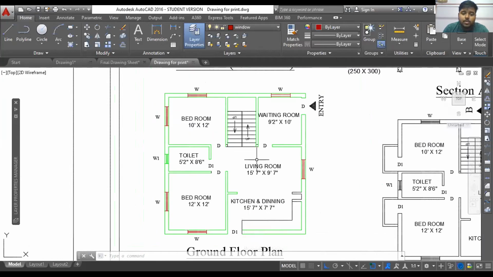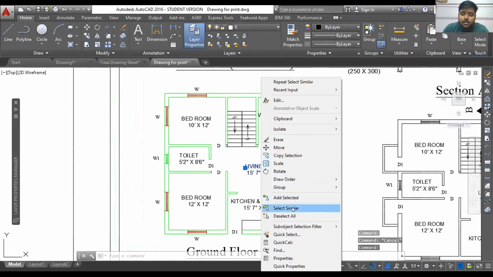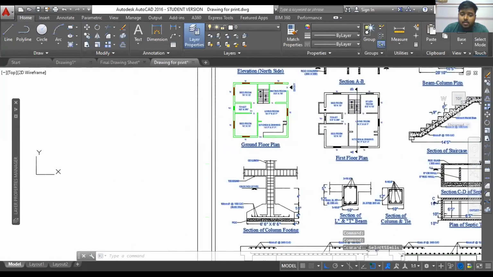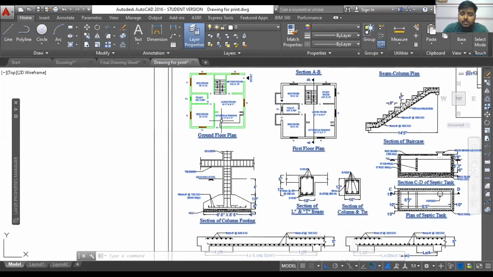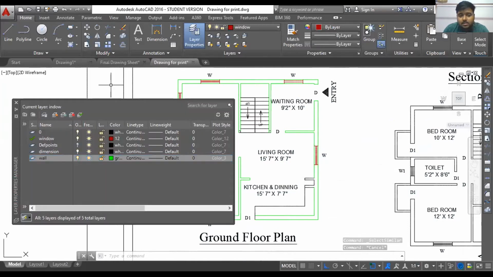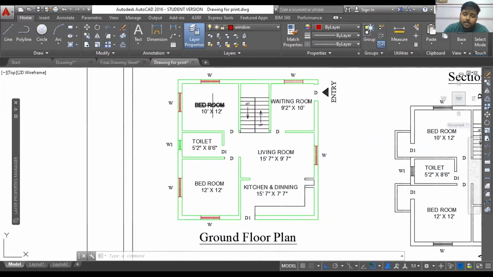In this way you can put all the separate elements, because now if I select this text and click on select similar, it will select every text in the drawing, because obviously all the text is put in the same layer. So if I create a new layer called text and keep this text inside that layer and then click on select similar, it will only select the text that is kept in that particular layer. So that is the advantage.